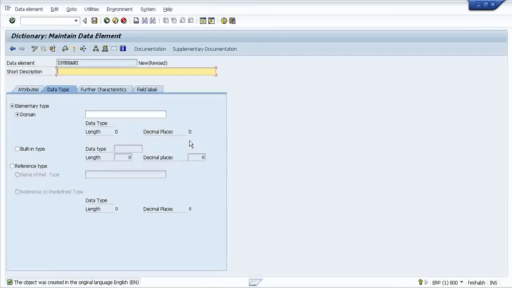Now a data element is an ABAP dictionary object which holds the characteristics description of a particular field. It will hold only the characteristics description. Now that field could be a character, this field could be numeric, this field could be a kind of sales order, this field could be a kind of material. So it will hold the characteristics description, and immediately when you go inside this data element, you will find it will